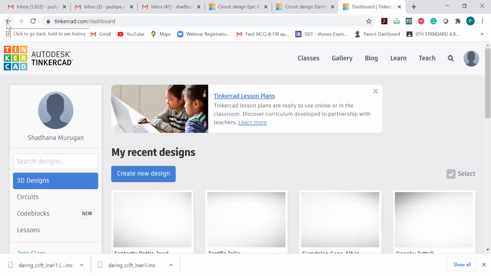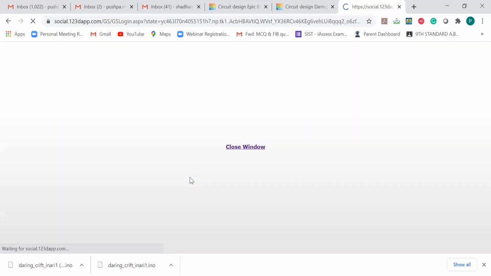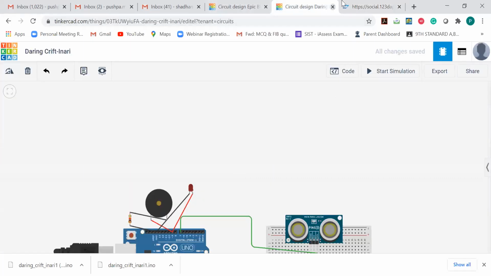See, to join Tinkercad, it's an online tool, a free tool. You need only your Gmail ID. Once you have a Gmail, sign in with Gmail. That's it. Once you sign in,